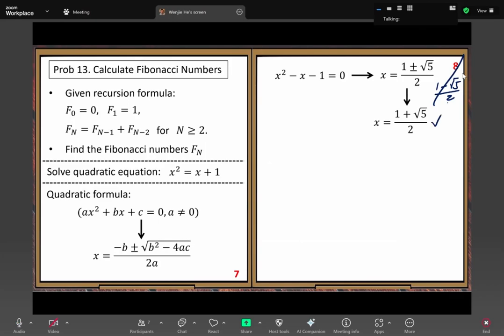So this positive solution, people call it the golden ratio. It is approximately equal to this, but because this number root 5 is an irrational number, not a rational number, that means if you use the decimal representation, you have infinitely many digits. Another problem is that in these infinitely many digits, you cannot find any repeated cycles.